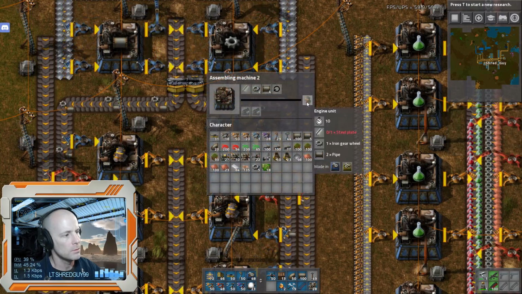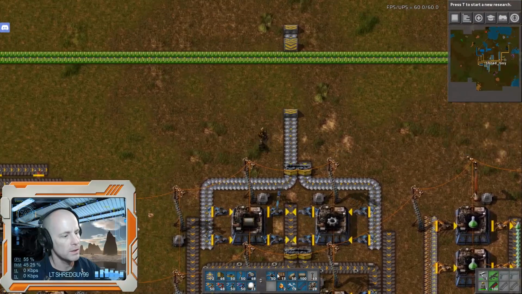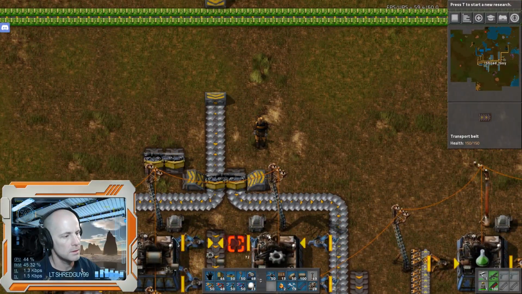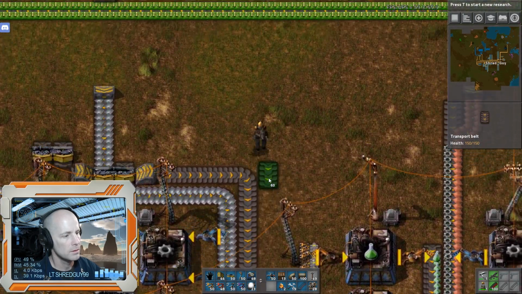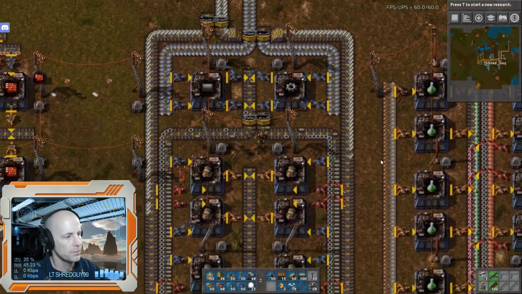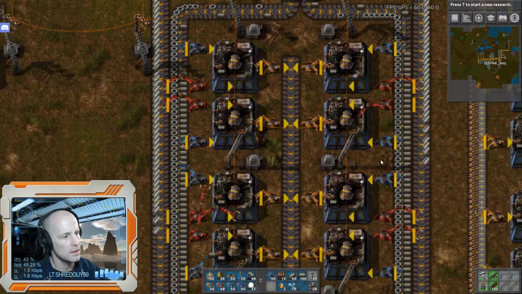Now the only other thing we need for this is steel plate. So let's run up and get that hooked up. We'll do something like this. Once it comes in, it'll get split off. All right, now that steel is flowing in, we can see things start working